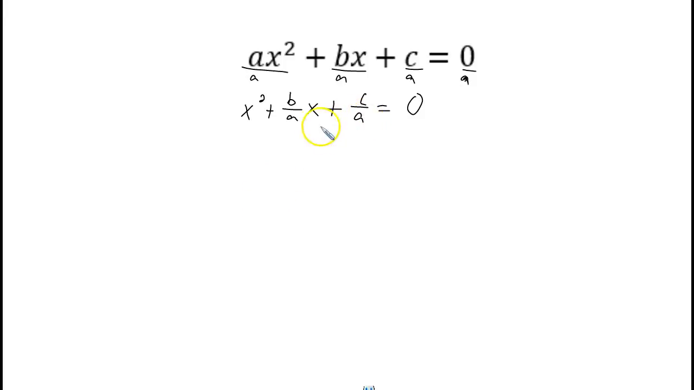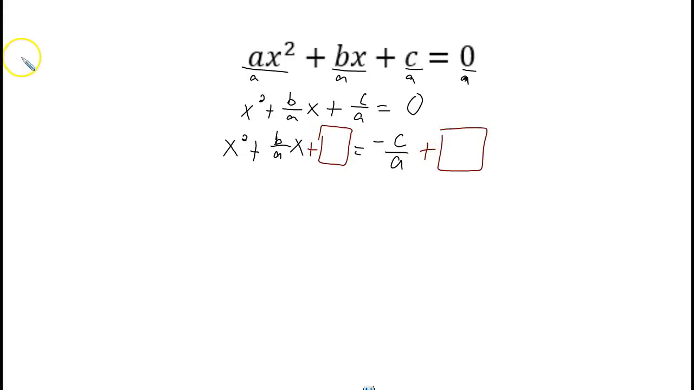Now I'm going to start completing the square, so I want the x parts on the left, x squared plus b over a x, and I'm going to have to subtract c over a to the right side. 0 minus c over a is just negative c over a. Remember to leave yourself a plus box. We don't know what's in the box yet, but we know how to find it. We come off to the side and we do b over 2 squared. Well, in this case, that's b over a divided by 2, and I'm going to make that a 2 over 1